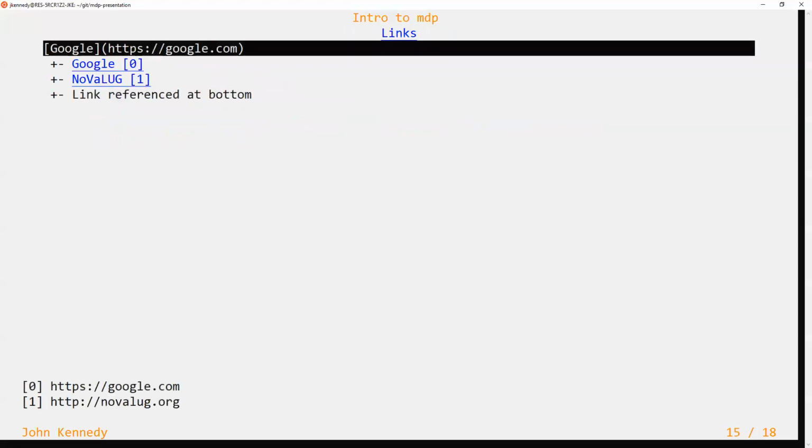You can add links. So the example shows the name in square brackets, the name that'll show up on the slide, and then in brackets or parentheses, we call them over here, you put the website. So you'll see the Google shows up highlighted in blue with a 0, which references the links in the bottom